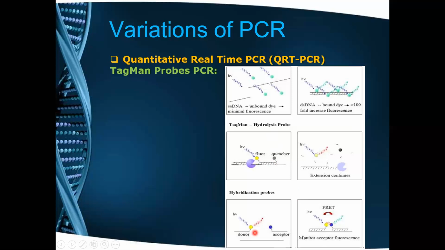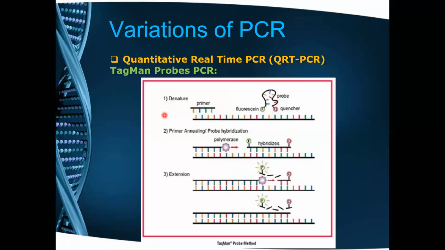See, this is donor acceptor. That means nothing but your, when they are binding together, they are producing FRET. That means fluorescence resonance energy transfer. Okay, this is the amount of your FRET produced in this portion. What is happening? The donor and the acceptor, sorry, these two are binding, and this binding is leading to the fluorescence. And when the light is produced, which is seen in another instrument, we understand how much amount of DNA is produced. Okay, this is all about your qRT-PCR.